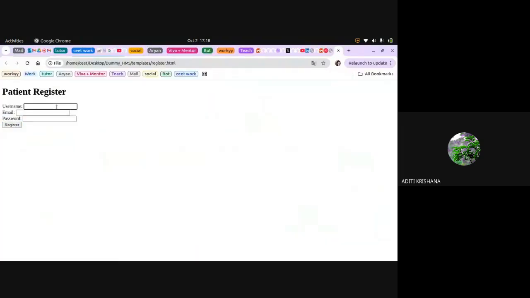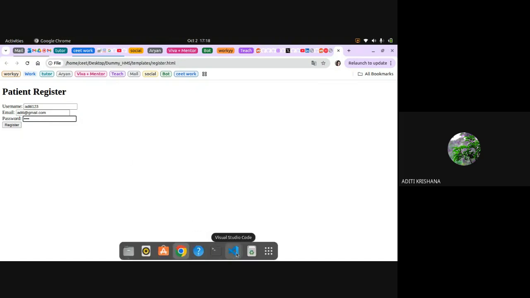For example, take username. It can be shown to anyone, right? Like I type Aditi123 as my username. That is coming in a text format. Similarly, email has some other type. It is written in the form of something at the rate something.com, or a username-type format, for email. So here the type is not text, it is email. And password is not shown to anyone. Only the user who is typing should know. So I have given password 1234, but it is not visible to anyone. So the type is known as password.